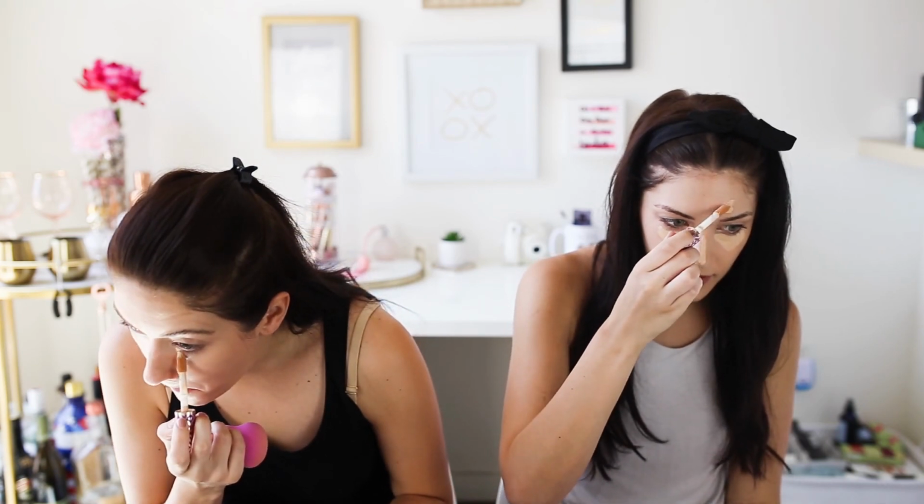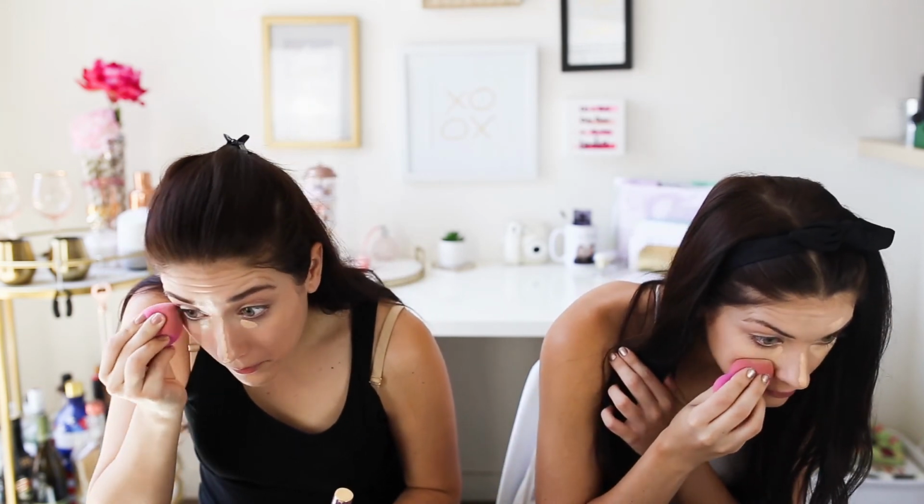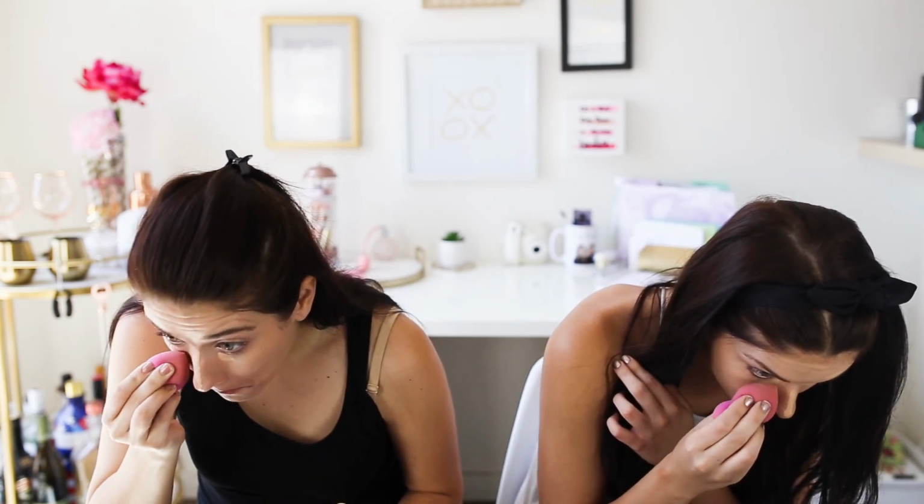A lot of people use a ton of this, and a little goes a long way. Even now I feel like this is a lot. I know, I'm literally using this much. I like to bring it down my cheek a little bit because this foundation is a little bit dark, maybe even dark for my skin. So I do like to highlight my face, otherwise I feel like the concealer is super obvious. But if I wasn't using such a dark foundation, I wouldn't be using this much concealer